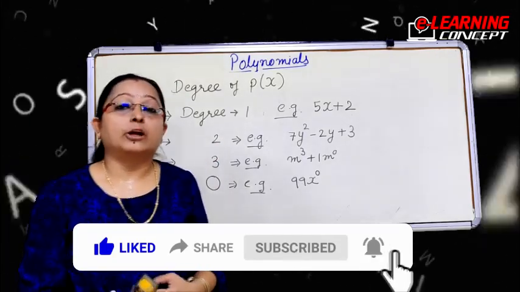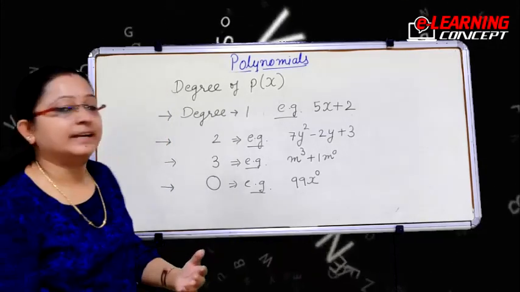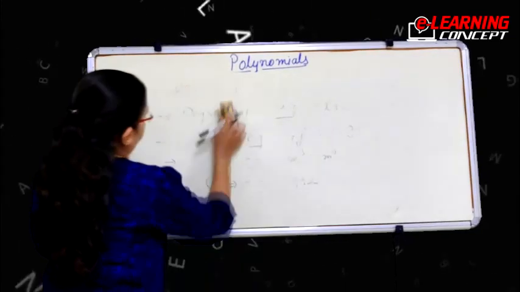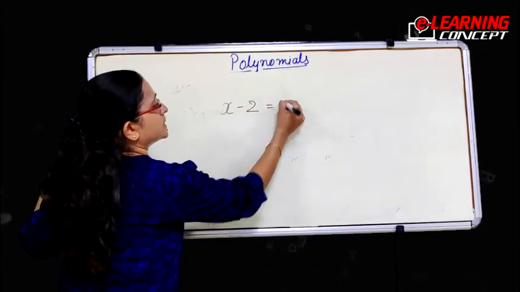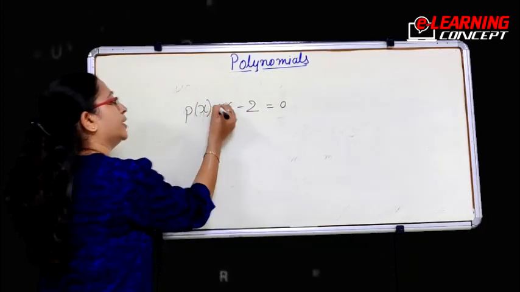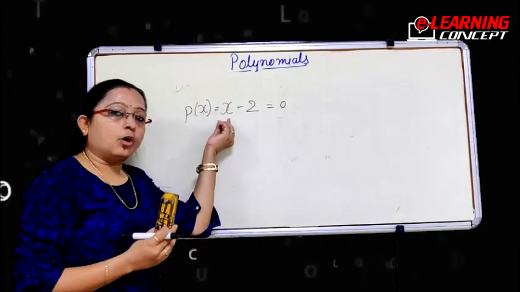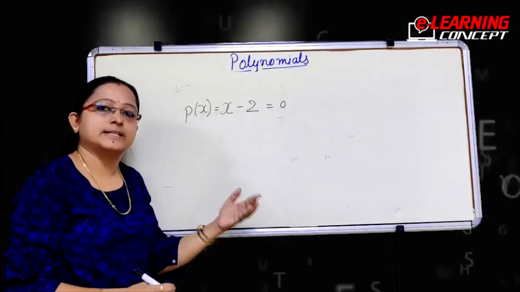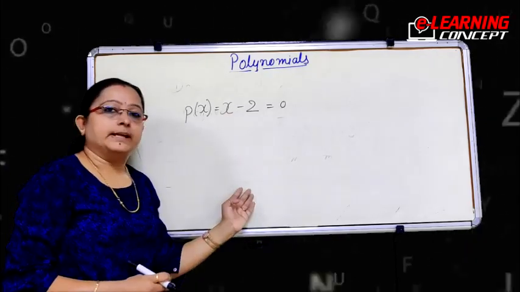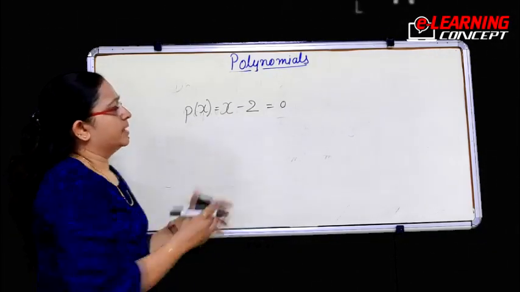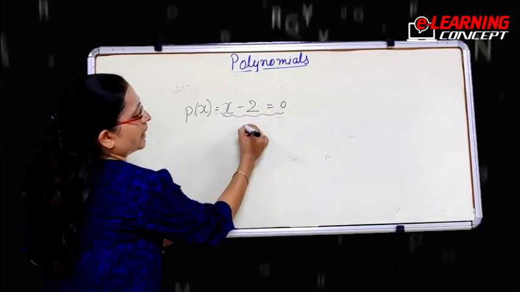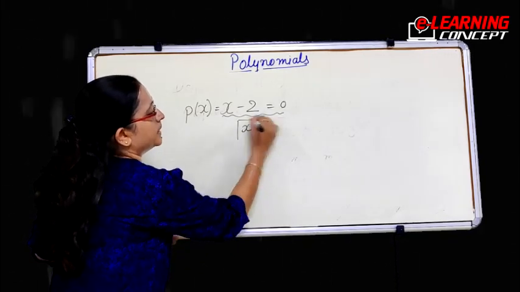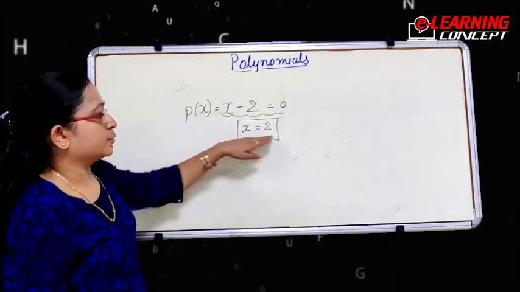Now we will see what are the zero of polynomials, how we are finding zero of the polynomials. I am taking one example, x minus 2 is equal to 0. Here we have this polynomial. Now we need to get the value of x, as we are solving the equations that earlier we have done, how to solve the equations and all. We were solving and then we were finding the value of the variable. So same way, if we have this, how we will solve? We'll take 2 over there. So the answer would be 2. X is equal to 2.